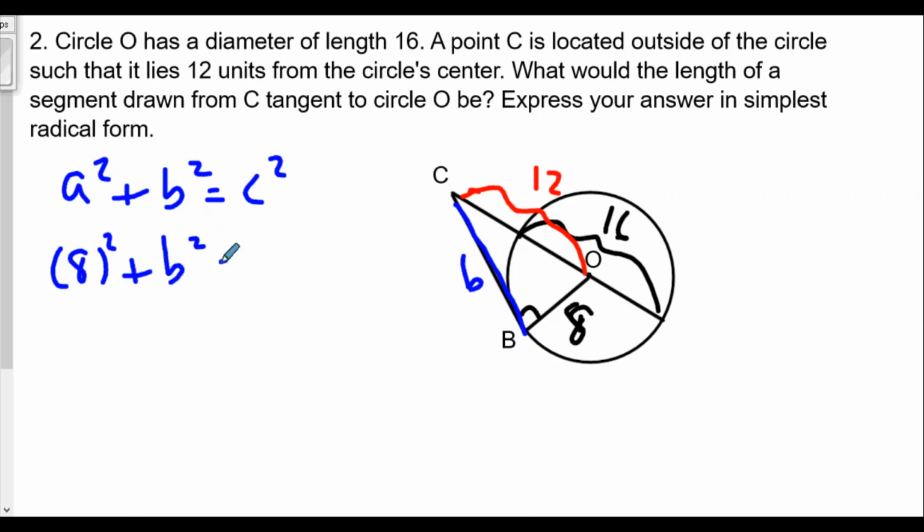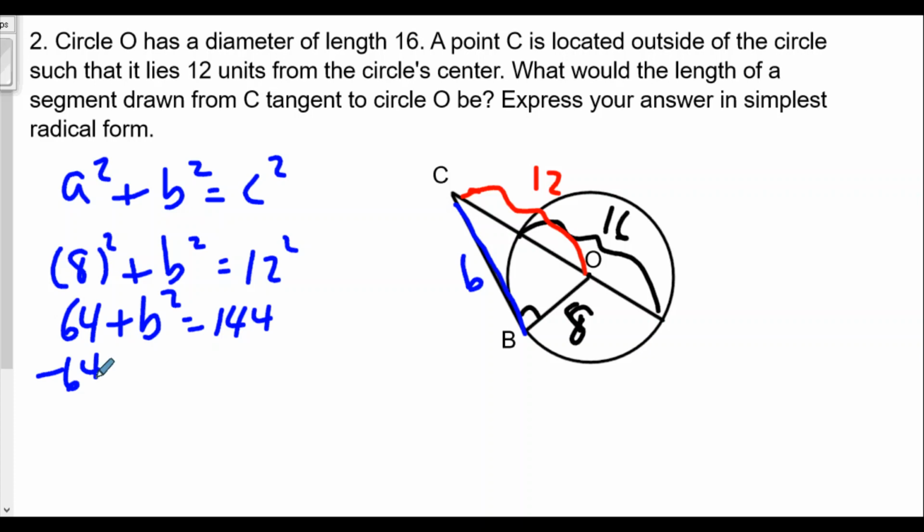8 squared plus B squared equals 12 squared, because that's the measure of our hypotenuse in this case. Now again, we found the measure of OB because the diameter is 16, the radius must be 8. All right, so here we go. We get 64 plus B squared equals 144. We'll subtract 64 from both sides